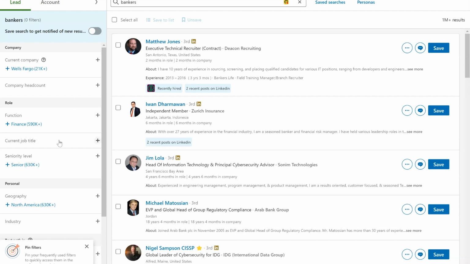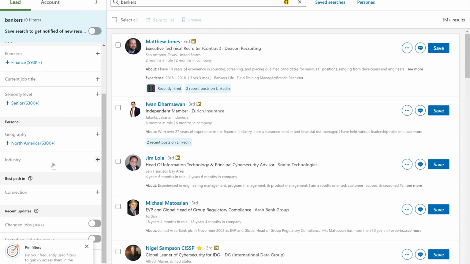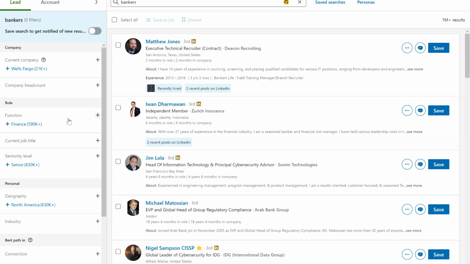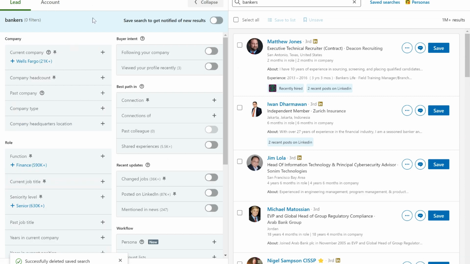Maybe we want to look for people who are in a certain state or location there. So what we would do, we would go over here and show all of our filters.